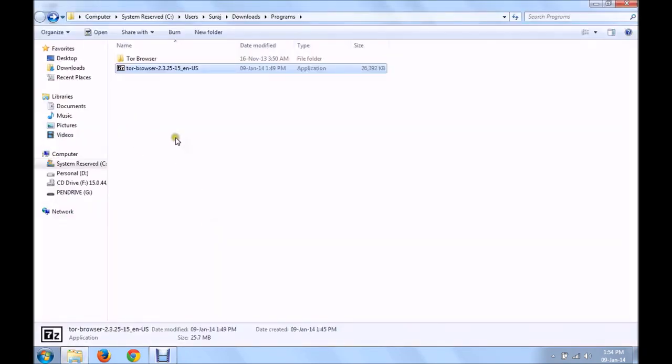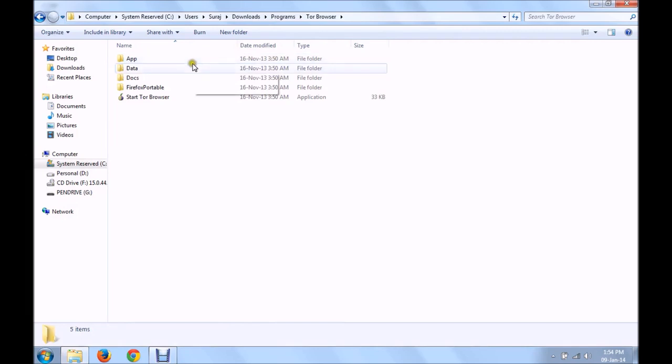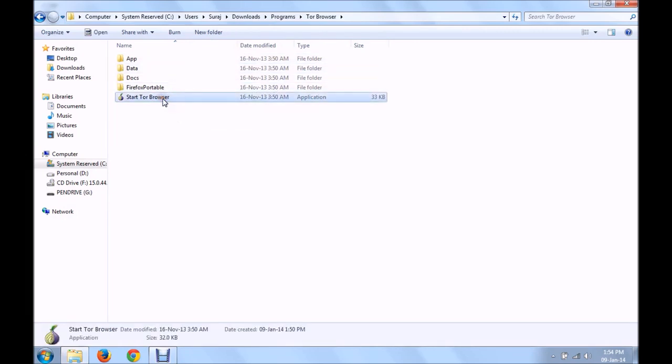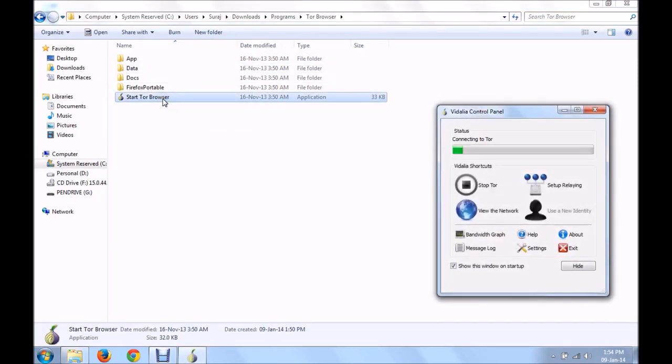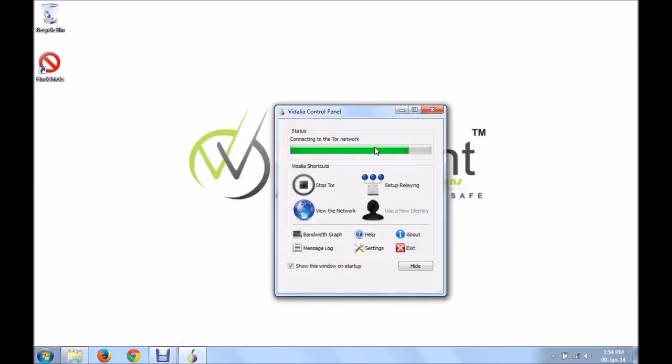First, just download the Tor browser. It is open source, so you can download it anytime. Then this is an extracted file of Tor browser. Over here you have to start your browser. Just open this. Now one control panel will open and it will try to connect to your network, so that it will gather all the DNS records, MAC address, IP address of your original network, and it will give you a new identity. You can also set a new identity on your own by just configuring this icon.